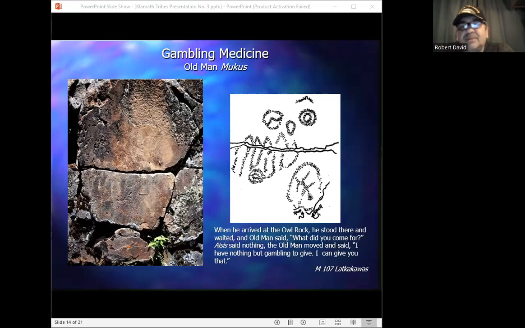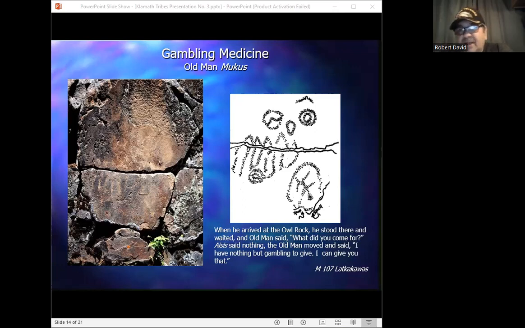Now, one of the reasons behind his success, of course, was his amazing vision, which enabled him to hunt at nighttime, just like owls do. So, in other words, the owl could find things hidden in dark places. Well, by way of metaphor, this made the spirit owl's vision a very suitable gambling medicine because it enabled the gambler to see into their opponent's minds and discover their secrets.